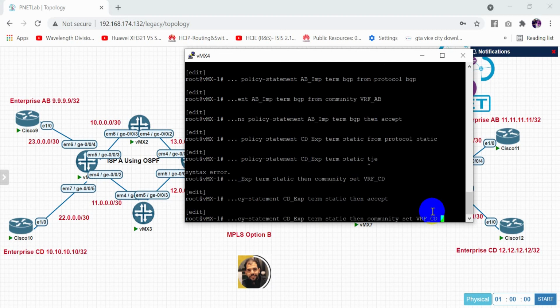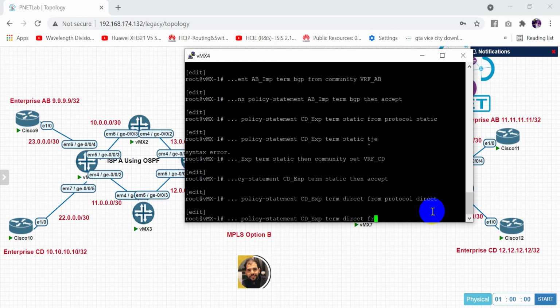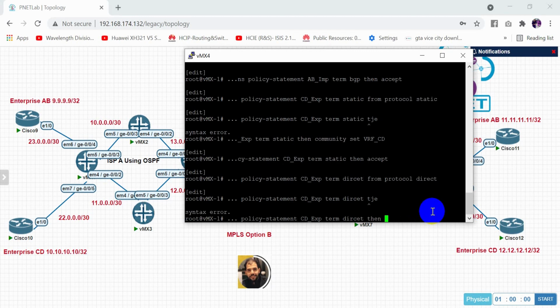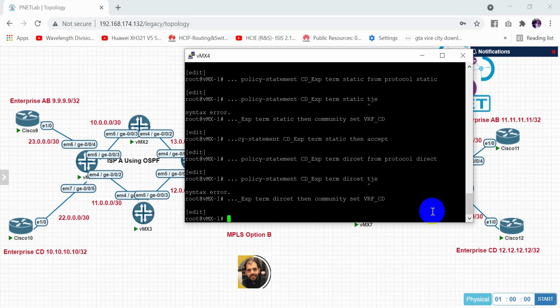The same one with direct now, term direct from protocol direct, and then community set VRF CD, okay, VRF CD, then accept,